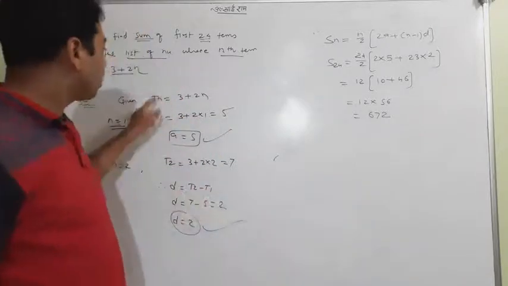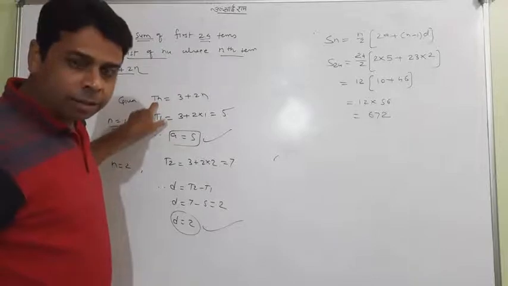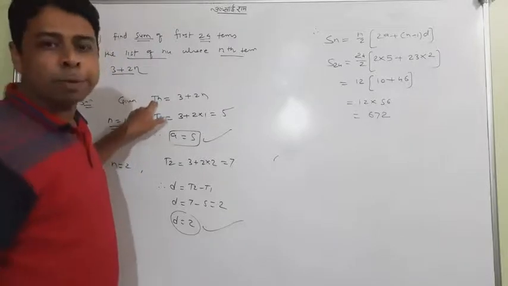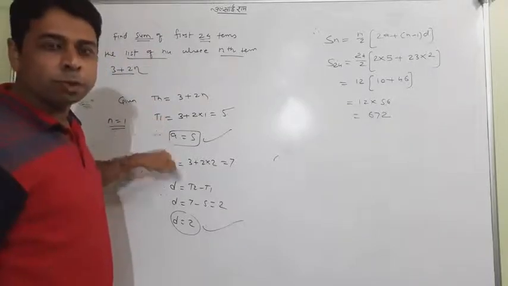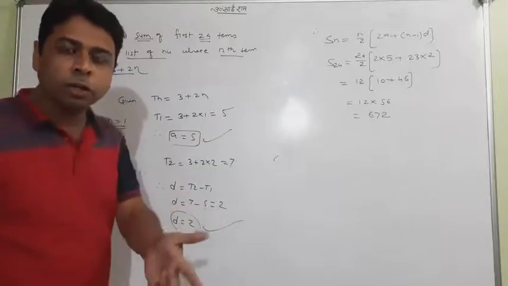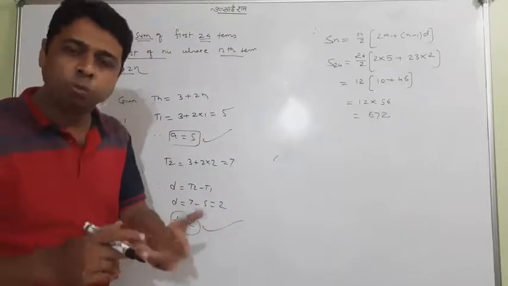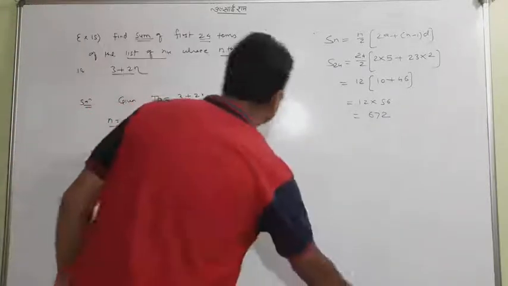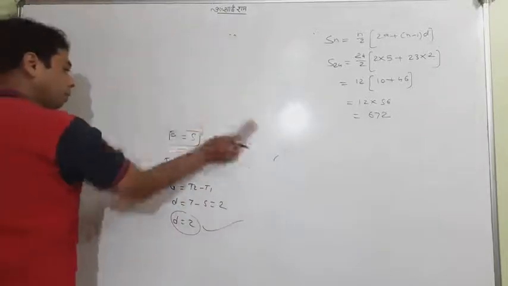When the nth term is given, it's very fruitful and very much in your favor, because when the nth term is given, you can find out the AP from your side. N equal to 1, 2, 3, 4, just put and get your initial terms. When a and d are with you, you can find anything like that. Okay, this was example 15 from my side.